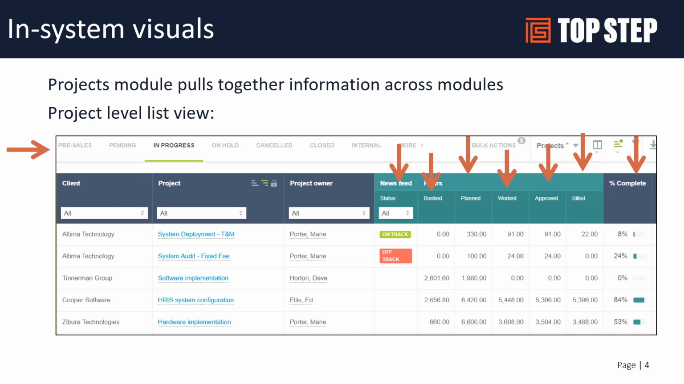So, at a quick glance, I can filter on my projects if I have access to more than just mine, and I can look across to see if there are any potential issues happening. For example, if I see no booked hours for my projects, I know that the resourcing hasn't been done. We can see the planned hours, the worked hours, and approved hours. If you do T&M, you can also see the billed hours, and you can keep an eye on the percent complete. So these are all nice KPIs around your project to be able to identify